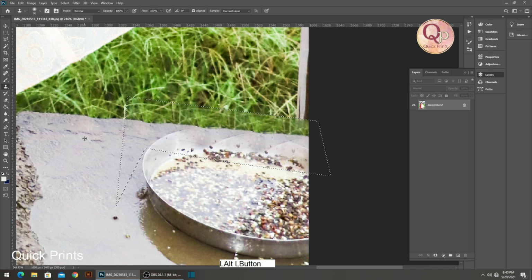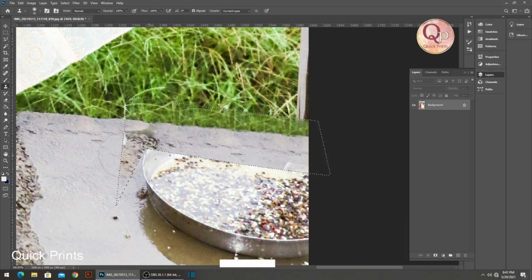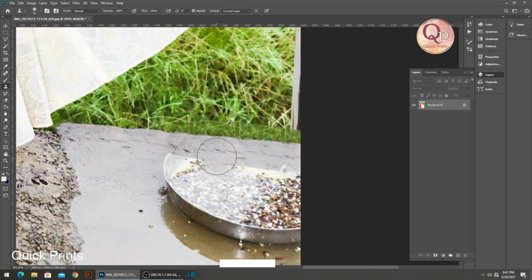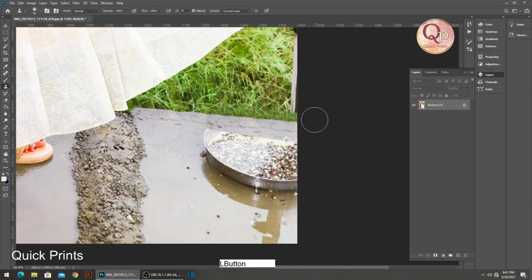Let's come back to the selection and fill this part as well. Click here. So let's fill this part here. Okay.